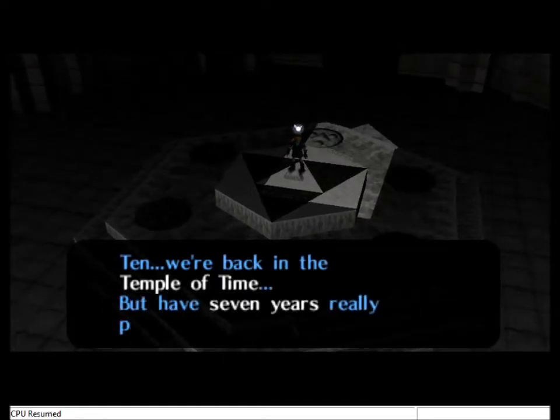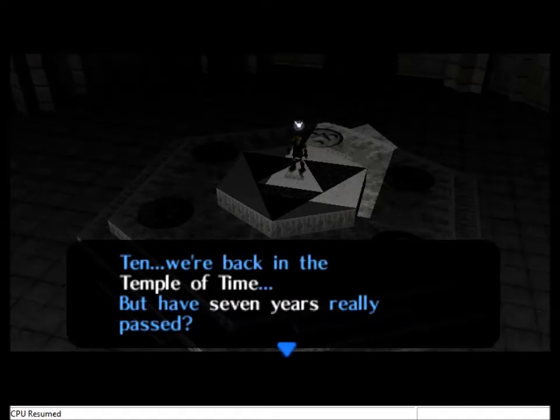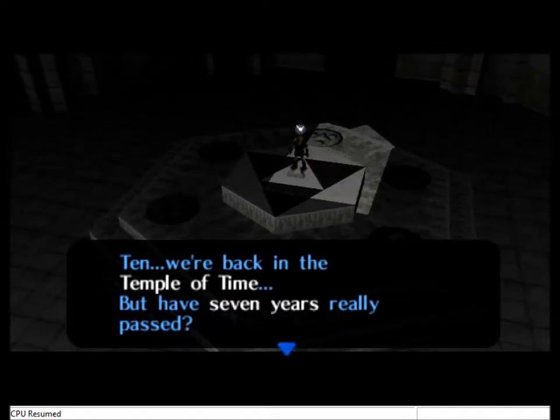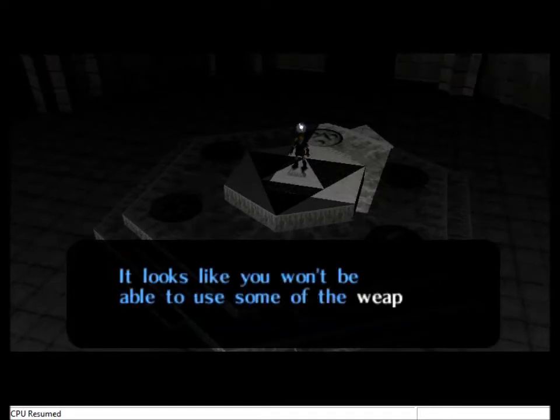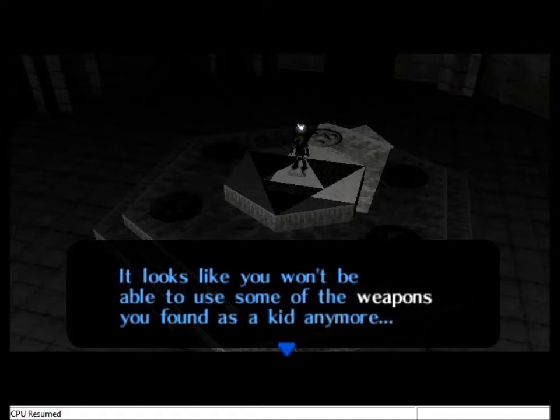But, yeah, we're back in the Temple of Time. But if 7 years really passed, I mean, maybe you just had a growth spurt in one night. You know, whatever, that happens. Sometimes you just wake up one morning and you're like twice as tall, you know? It's normal. And of course, you can't use certain weapons now that you're an adult, even though that doesn't make any sense. Why can't an adult use a slingshot? Because his hand is too big for the slingshot? Like, you could just use, what...